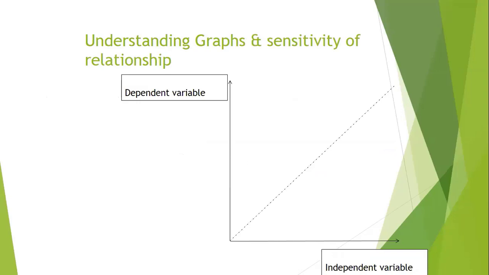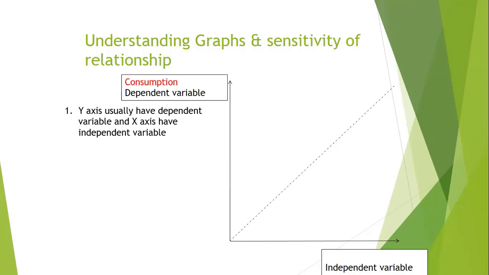Next, understanding sensitivity of relationships means the slope. अब कुछ example बता रहे हैं क्योंकि we will be doing a lot of talk about this in related topic. क्योंकि हम graph theory में रहेंगे तो graph के angles will be telling a lot of things. ठीक है? So I am giving you some background brief or then we'll go into that. So we have a dependent variable and independent variable. So y is usually dependent variable and x is usually independent variable. Okay? If we know that they are, if it's not developed yet कि कौन सा dependent है, हम जो मर्जी रख सकते हैं. ठीक है?